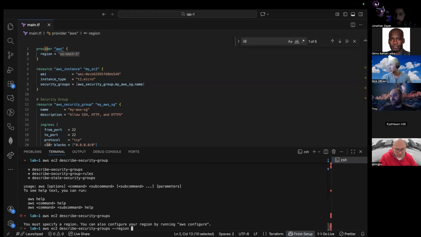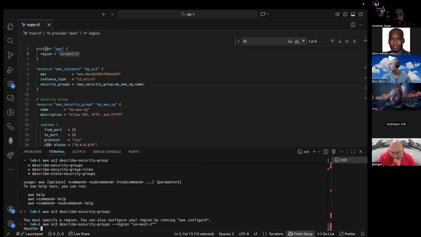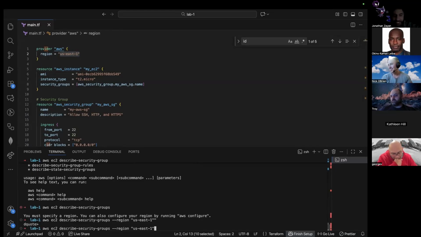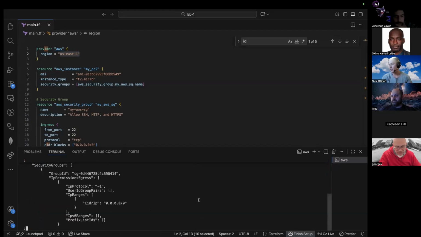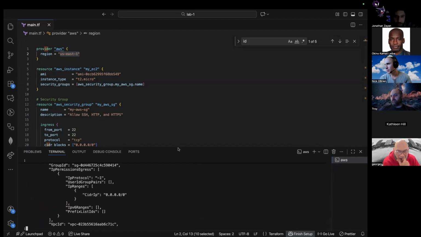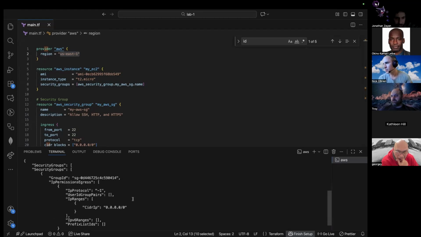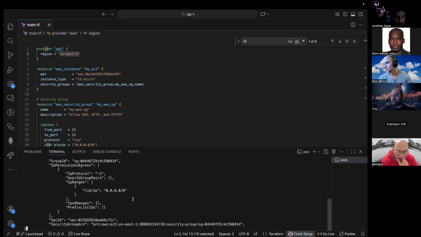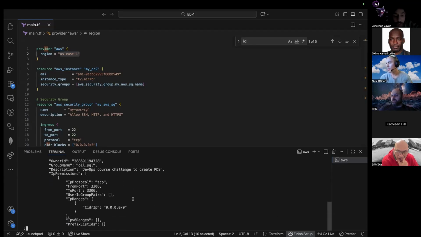Is there a pattern to quotes or without? No, it's without quotes. Region, yes. I don't know. How do you skip? There you go. All right. So yeah, right here. And then we need the ID right here. That's the VPC. Yeah. The group ID, did you see it? SG? Yep. You actually saw it?